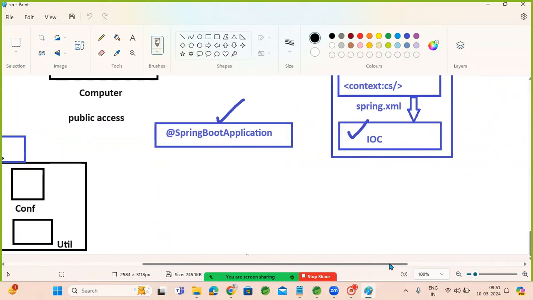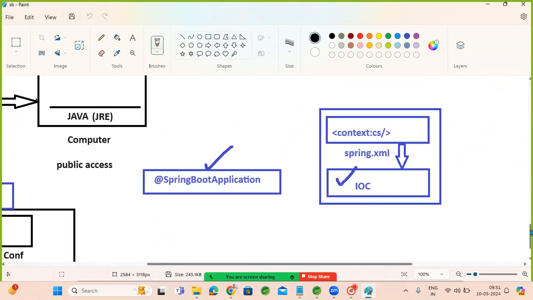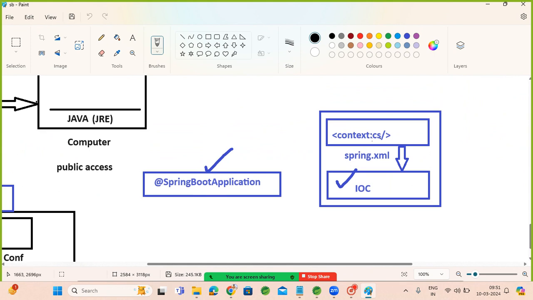And about the basic Spring Boot application, how it is performing component scan. Earlier we used to use context:component-scan. There we used to configure our package name, and it used to read that package and create instances for all stereotype annotations, which we created using controller, service, DAO or repository, and other configuration component annotation classes. Automatically it used to read and create objects,